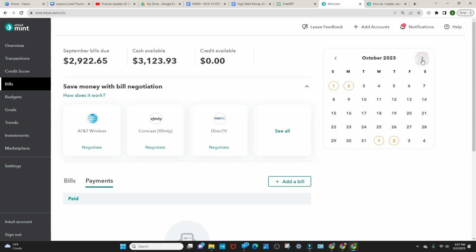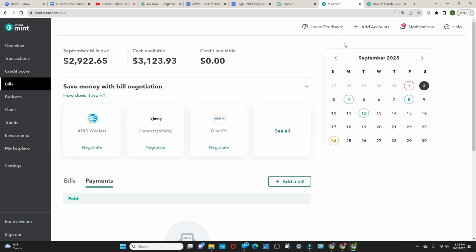So now let's go to October. You see here under October, on the 2nd, here I'm not showing any bills due, but in October, you can now see that I have a bill that is due on the 2nd, personal training. I can click and mark it as paid, but I would like for Mint to start training itself to automatically pay for those bills. Or usually you want to wait until the payment shows up to actually mark it as